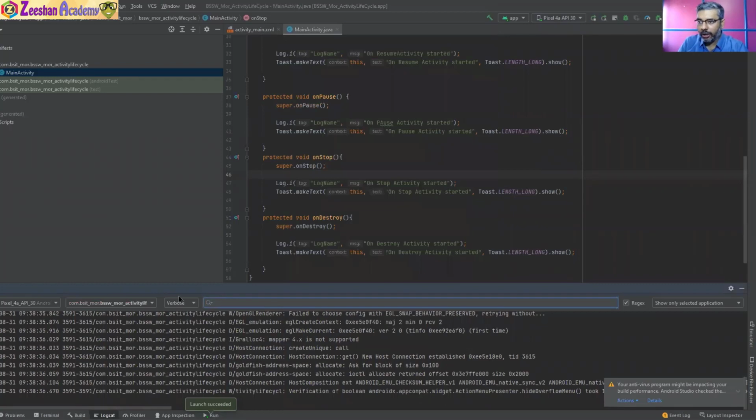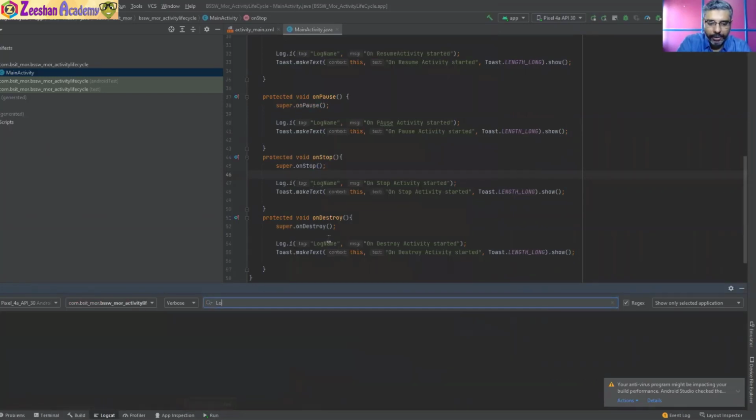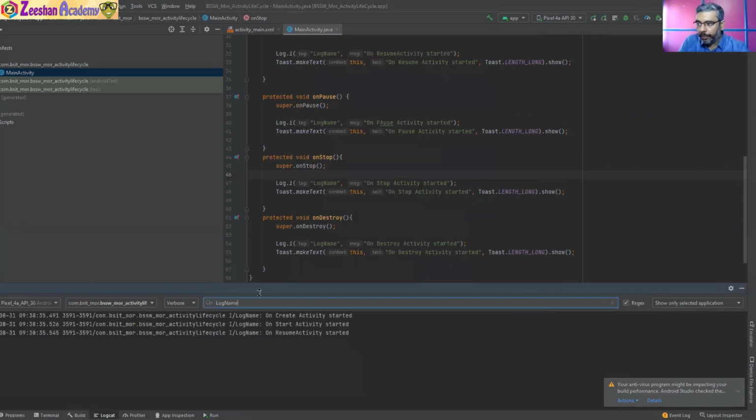Okay, if I come into the Logcat पे आके मैंने यहाँ पे log name दिया था वर्ड, तो मैं यहीं पे भी log name दूंगा। तो जो ही मैंने log name लिखा, तो सिर्फ log name वाली जो logs थी वो आ गई। तो Log.i में जो हम टैग देते हैं, ये एक्चुअली टैग्स हम सर्चिंग के लिए देते हैं कि मैं अपने यहाँ पे बड़ी आराम से मैं जो मुझे लॉग चाहिए था मैं ढूंढ सकूं। तो बाकी सारे लॉग्स हाइड हो गए, मैंने सिर्फ लॉग नेम लिखा, तो मेरे पास लॉग नेम आया।